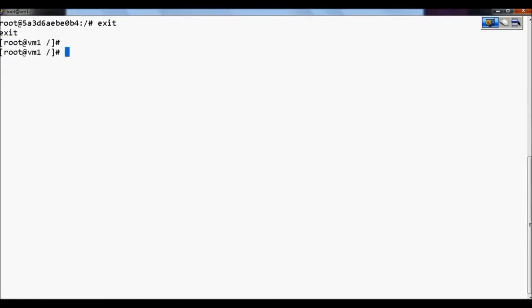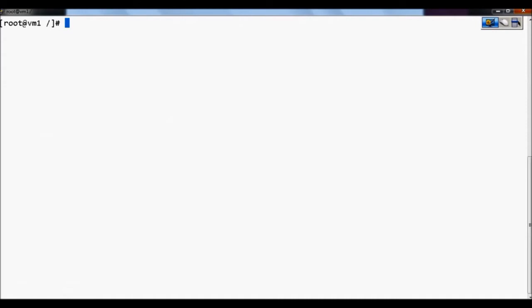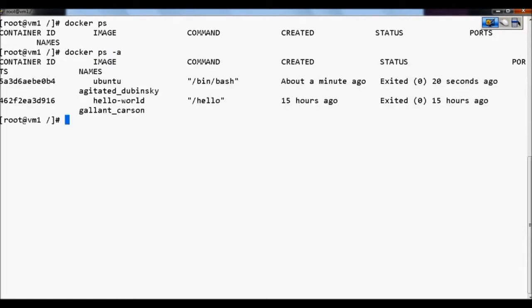I came back to my Docker host. This is actually a CentOS. Yum works here. Yeah, my Docker host is a CentOS system, whereas my container is Ubuntu. Now I exited from the container. Now if I check the list of the containers, no active containers again. If I list all the containers including active and inactive, this is the container ID which we got to the shell, right? This is the one, and it got exited because I did the exit command. So that's how you can attach to the container and stop the container by coming out of it.